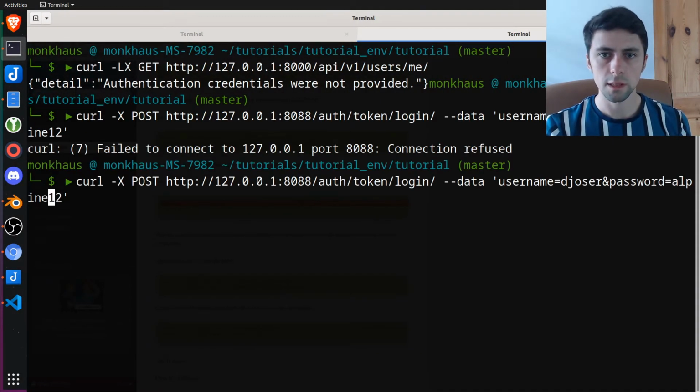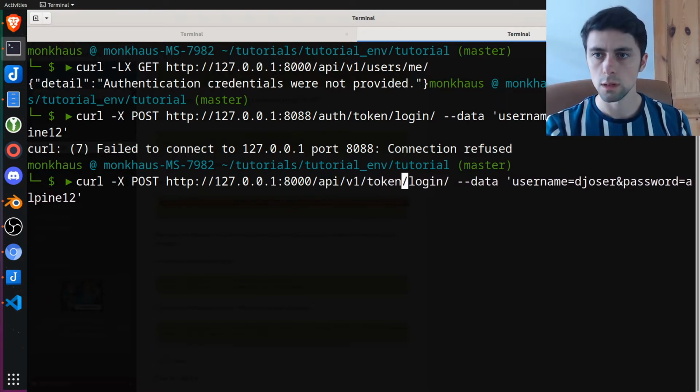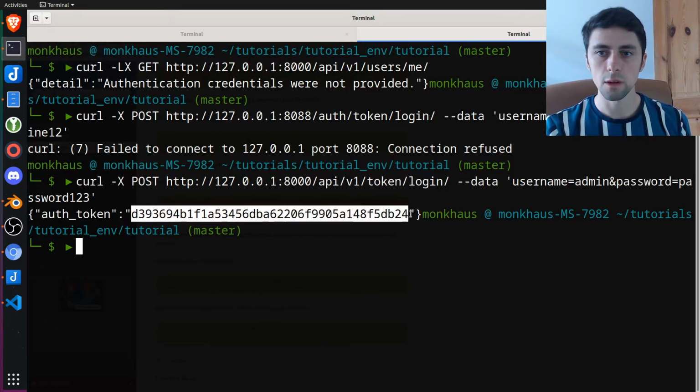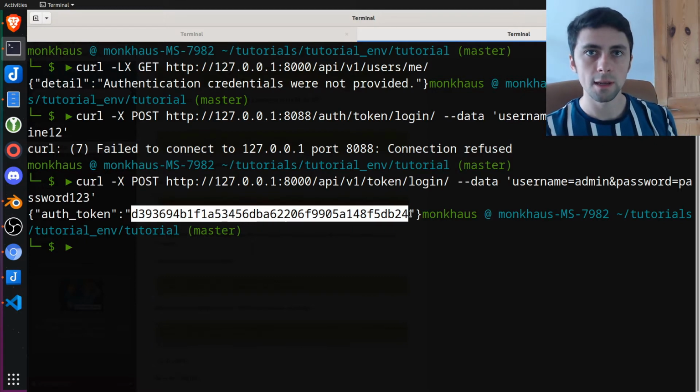I didn't mean to post. So once again, port, path, token login, data, username was admin, password was password123, and it's worked. We've got our auth token, and now this token we would essentially need to pass every time